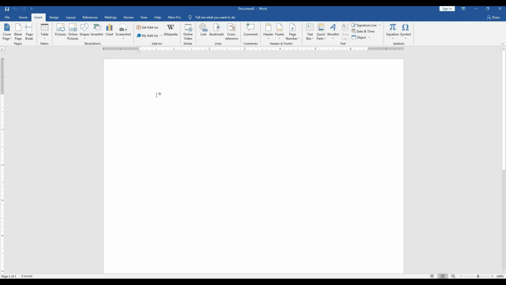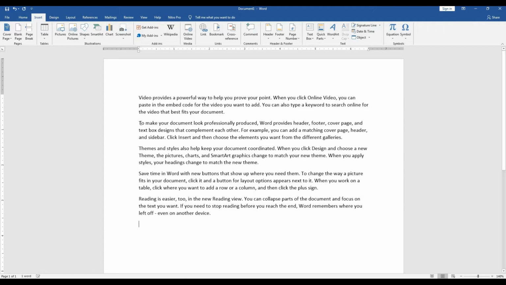For example, I am going to write =RAND() with round brackets, press enter key. Now in the second paragraph I want to insert a symbol. Choose any one of them. Here you can see the symbol.